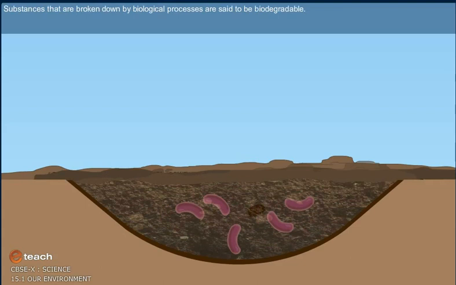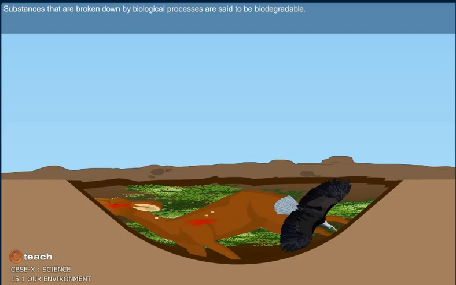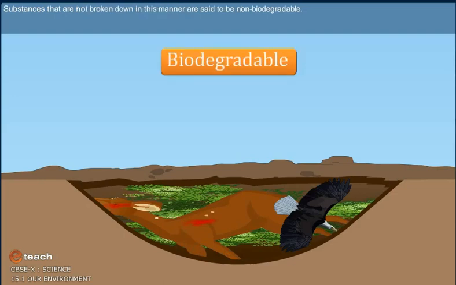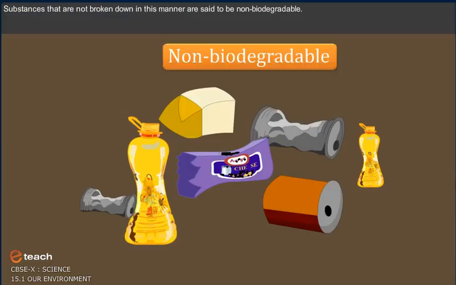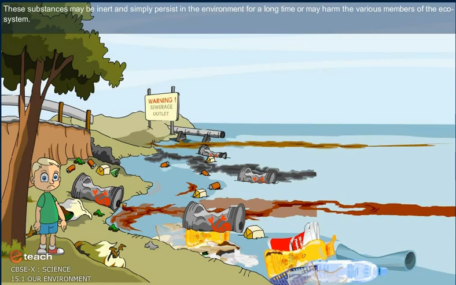Substances that are broken down by biological processes are said to be biodegradable. Substances that are not broken down in this manner are said to be non-biodegradable. These substances may be inert and simply persist in the environment for a long time, or may harm the various